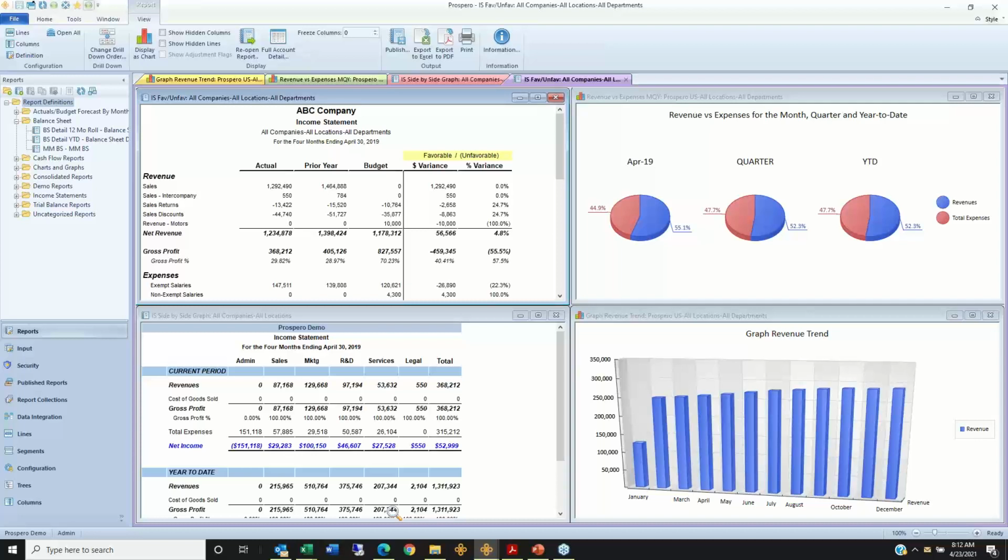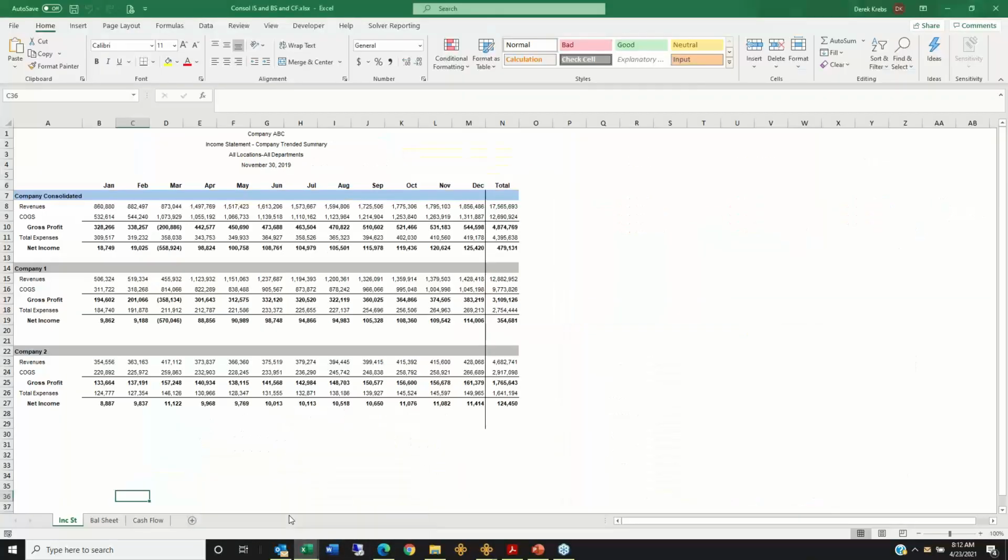And to throw out some lingo that people are getting trained and versed on with Prospero further, this is simply a report collection: a group of reports I can seamlessly run and open en masse, multiple different reports. This is looking at the report data in the workspace/viewer. However, let me also show you briefly that I have a couple of Excel output items here. We accountants and management will still always be in the Excel world, but we're going to try to wean you off of that because it's more efficient drilling and looking in the viewer that you'll see, and also Excel is not secure,